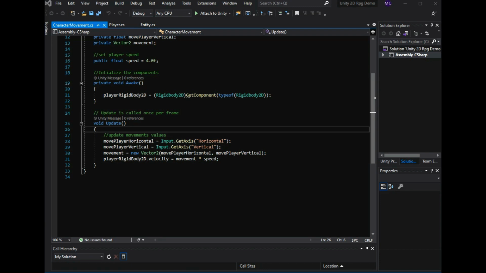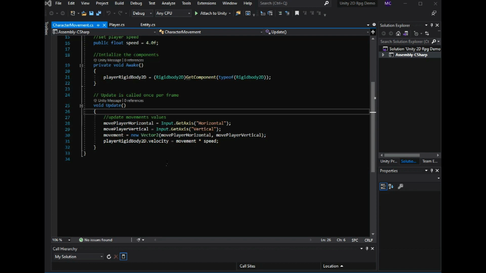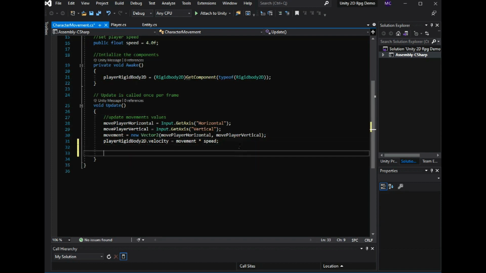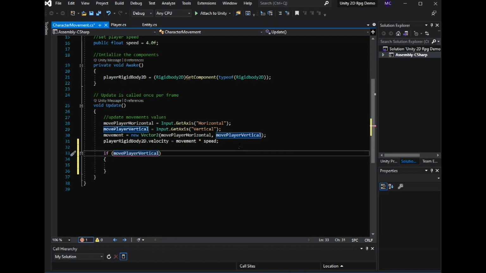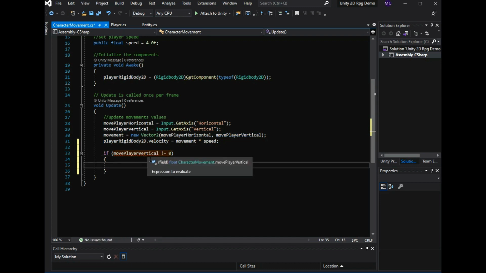So we're actually going to use some if and else statements. I will write this code, and then I'll explain it when we're done, or I'll explain it as we're going through it. So we're going to say, if you tab twice in here, it does this. We already have something called move player horizontal. Or sorry, we're going to do vertical first, actually, because that's what we did first in Unity. So we're going to say if this does not equal 0, then we want the player anim,